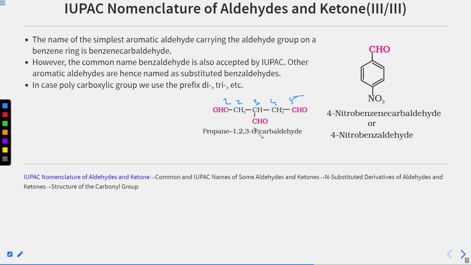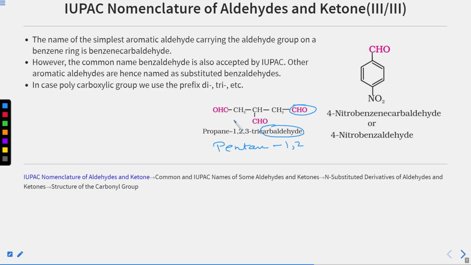So this is the common name, that is propane-1,2,3-tricarbaldehyde. We can name it in the other way also, 1,2,3-tricarbaldehyde. So how is it named? It is named using this suffix, that is carbaldehyde. So if you use the word carbaldehyde, then this carbon is included along with this chain. But if you are not using it, then how will it be named? So we have said that we have 5 carbons. So pentane